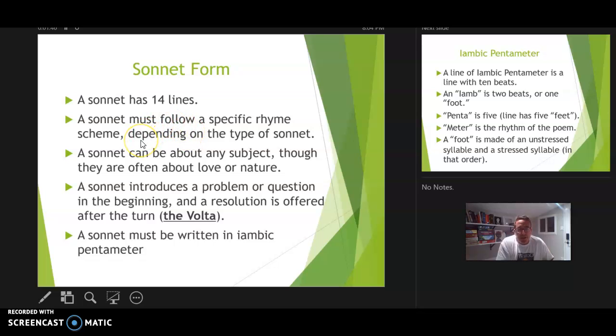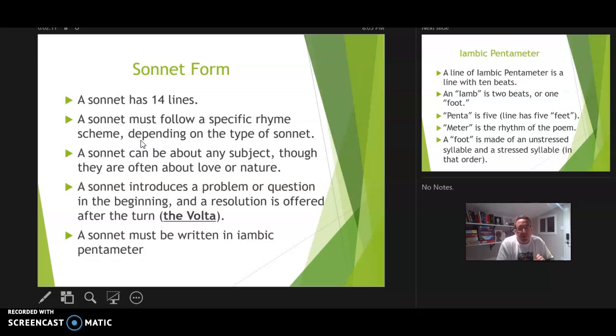About the sonnet. A sonnet is this very specific, very constricted form of poetry. It has to have 14 lines. It follows a specific rhyme scheme, depending on the type of sonnet it is. It can be about any subject, but typically traditional sonnets are about love or nature, right? The main thing about a sonnet is that it introduces a problem or a question at the beginning of the poem, right? Sets up a problem, and then a resolution is offered at the end of the poem after the